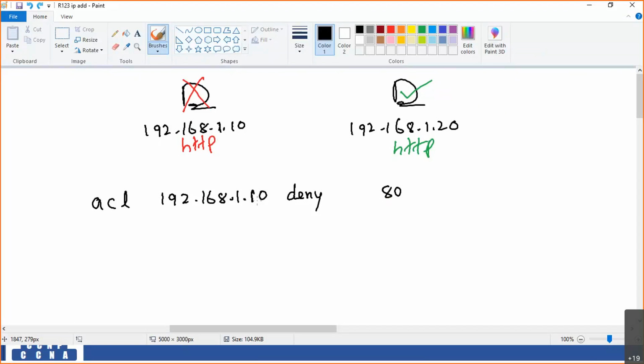Permit FTP, permit SMTP, permit telnet, permit DNS. Like how many services there? So many services there, right? But here we have to use some operators. That is,